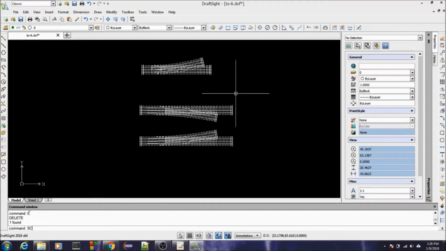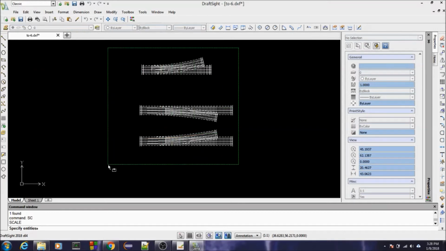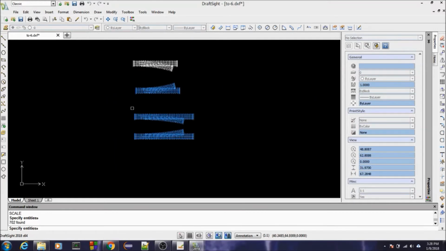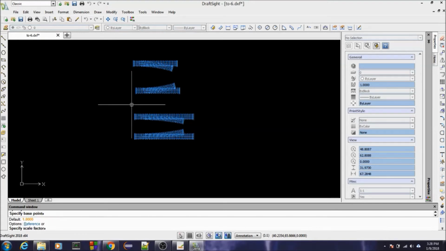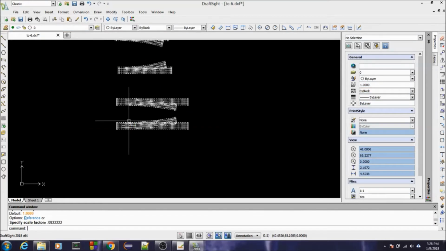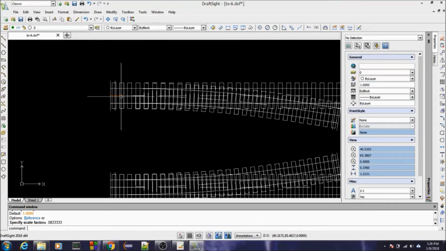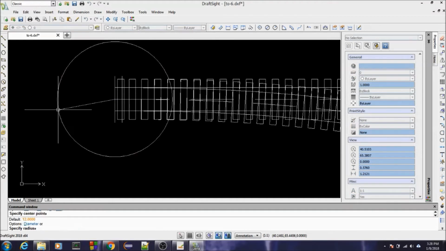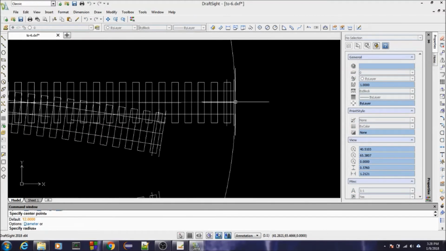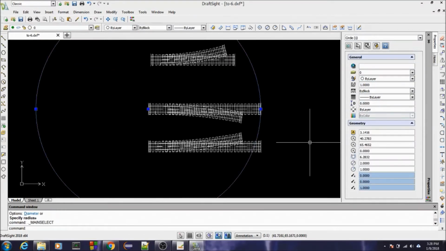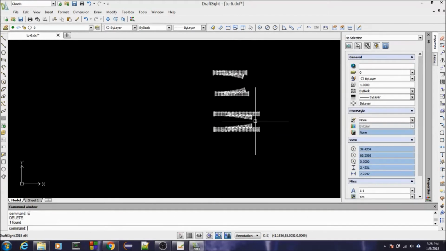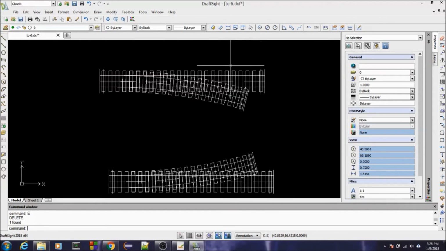So I'm going to type in SC for scale. Just window everything, give it a base point. Whoops, missed that one up there. Give it a base point, and I'm going to type in 0.08333333. Okay, so now if we draw a circle, it should be 1 foot, and it is. Okay, so now what we want to do is